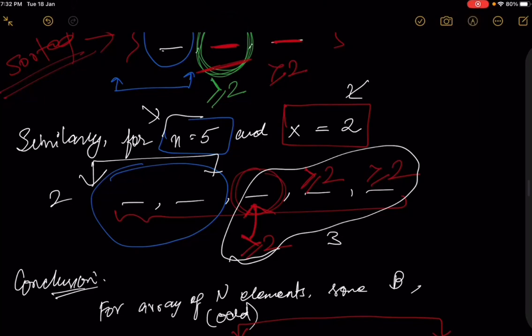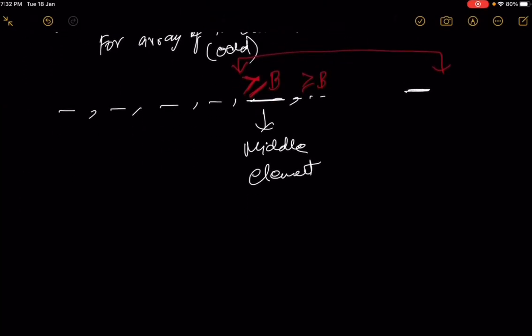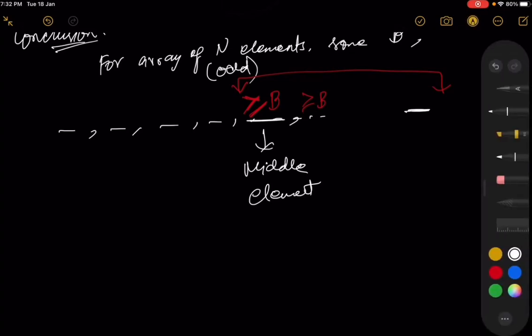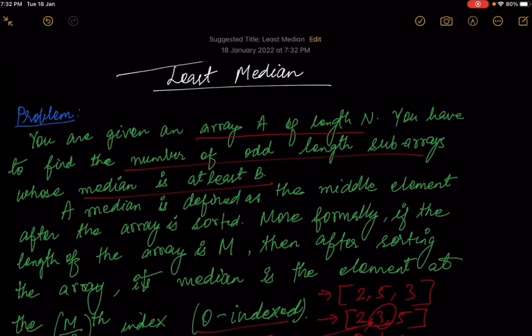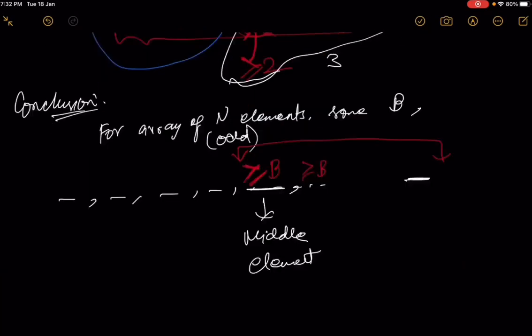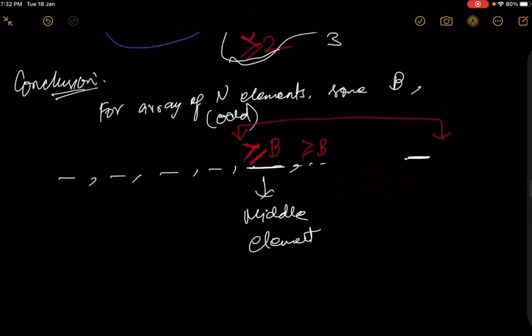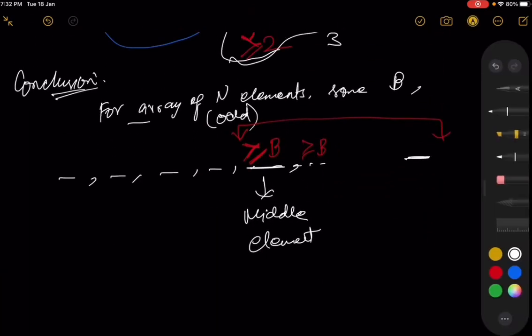So what we can generalize is that for an array of n elements, if we want the array to have its median to be at least b, the number of